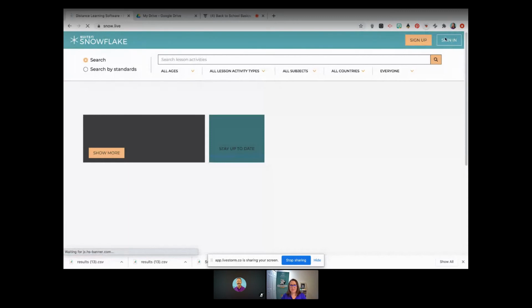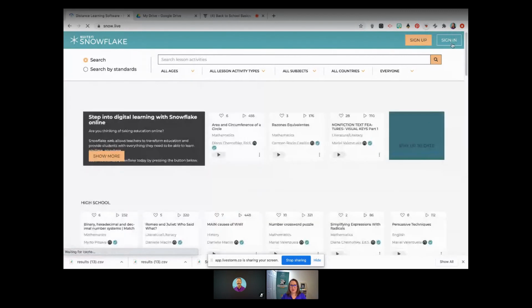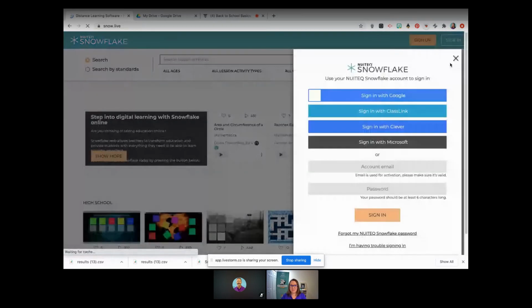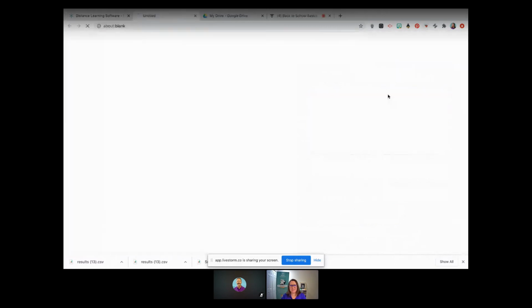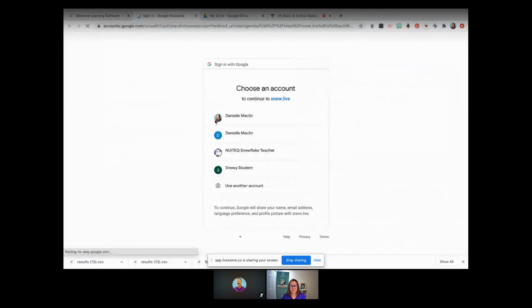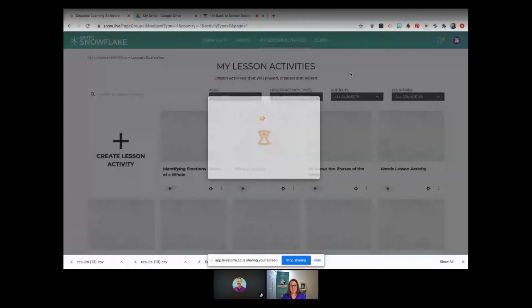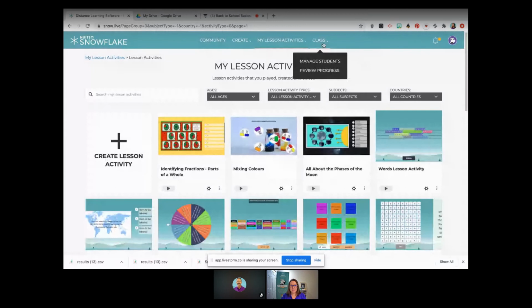And I'm really happy that we have sign-on with different single sign-on capabilities like Google and ClassLink and Clever and Microsoft. I am really bad at remembering passwords, so being able to simply link it with my Google account has made my life a lot easier. So as that's loading, if I go back to my review progress,